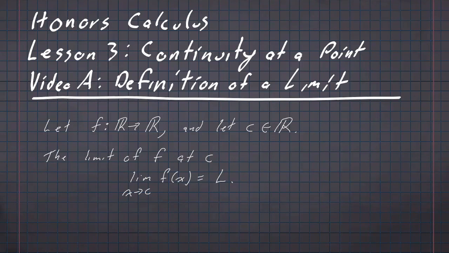This is the distinction between calculus and algebra. We don't want x equals c, we want x approaches c, or x is near c. But the limit as x approaches c of f of x is equal to some L if and only if, IFF,